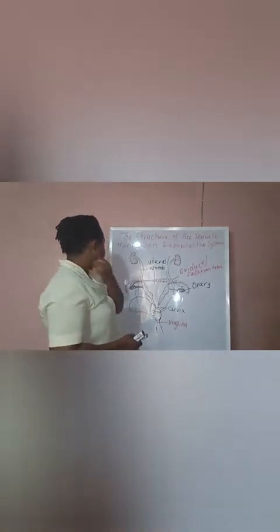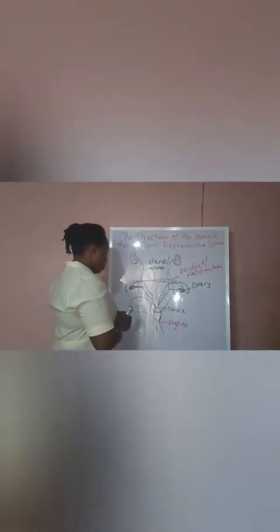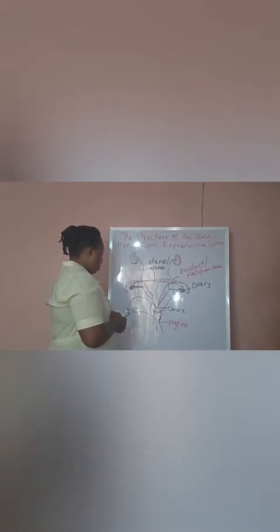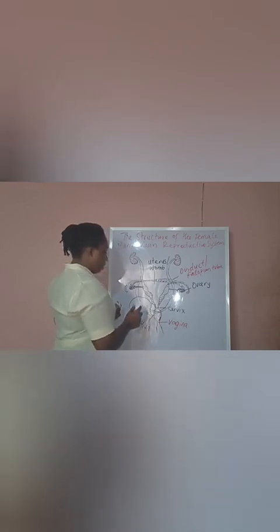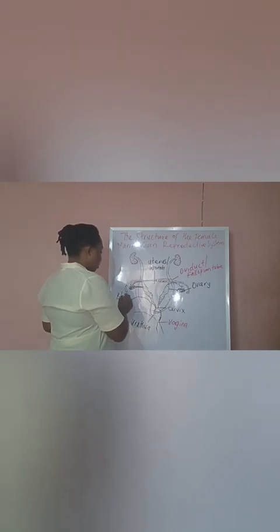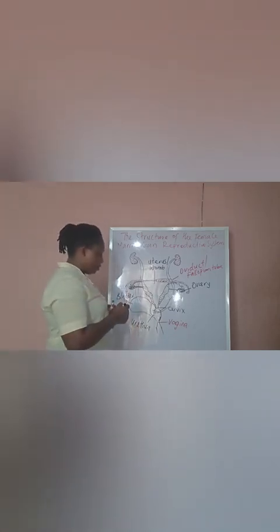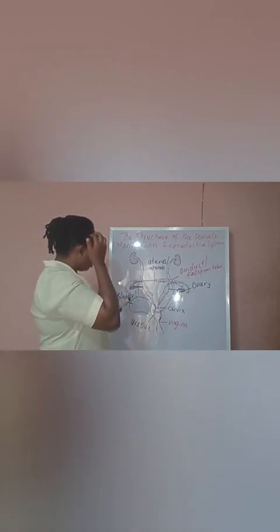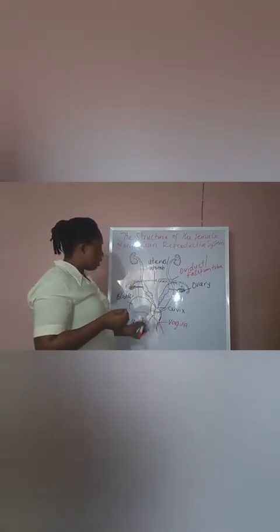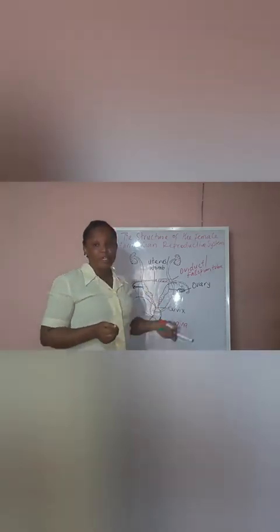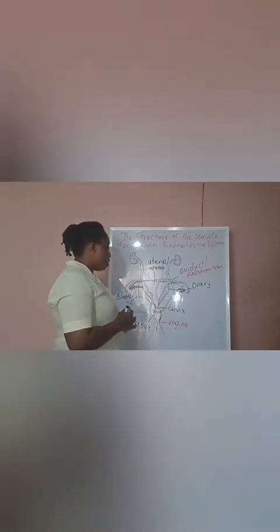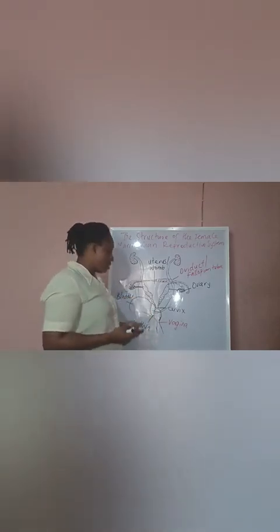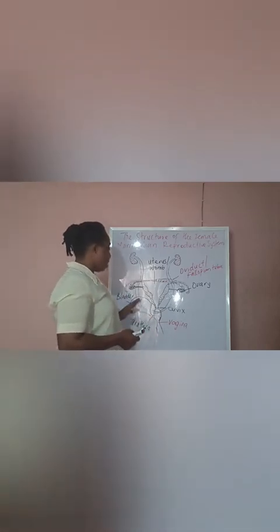And we have some structures here that we did not mention. This is the urethra, and here is the bladder. So you can see the relationship between the structures of the excretory system and the structures of the reproductive system, just like in the male also. I made mention of it that since they have a common origin, the structures are interconnected. So this is the urethra and the bladder.